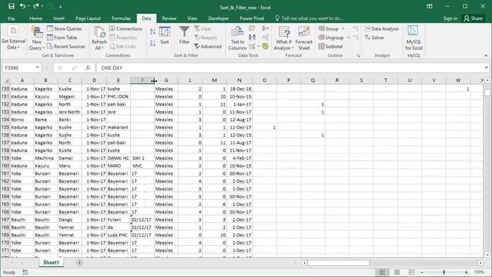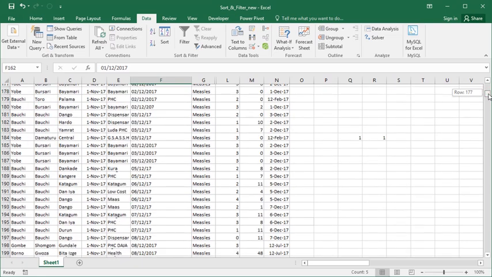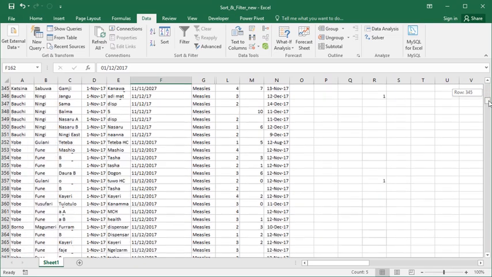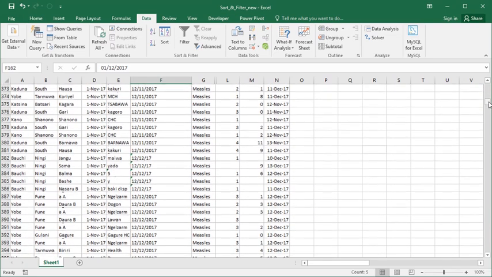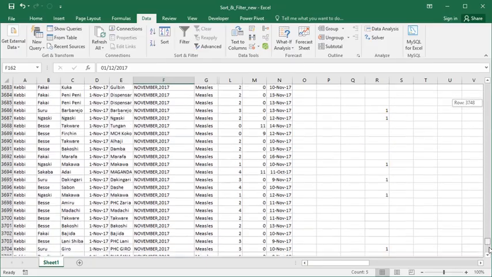Let's expand this field. These observations have the same value for the period reporting field. You can see all the observations that belong to the same period reporting presented together. The last period reporting presented here